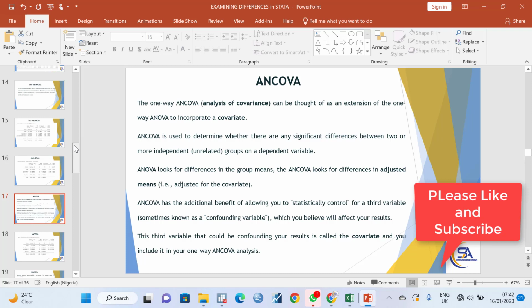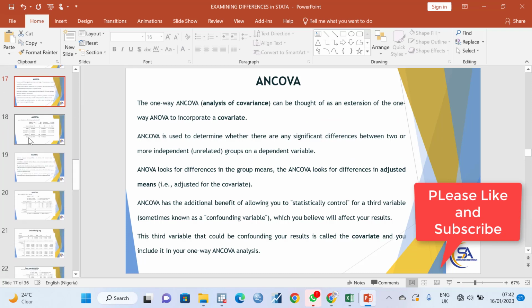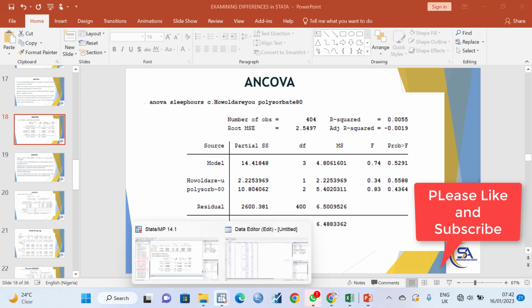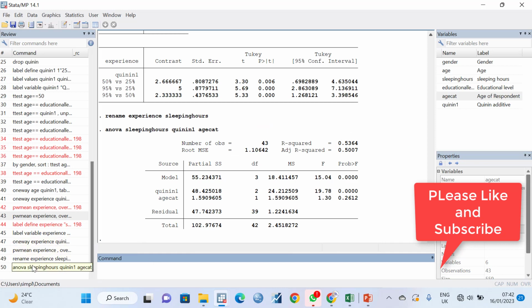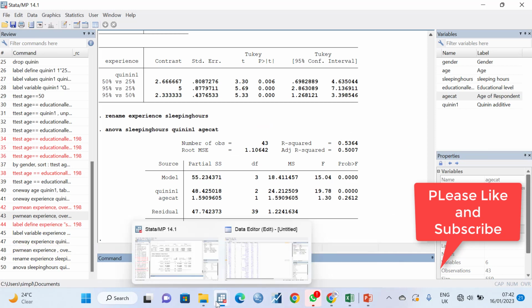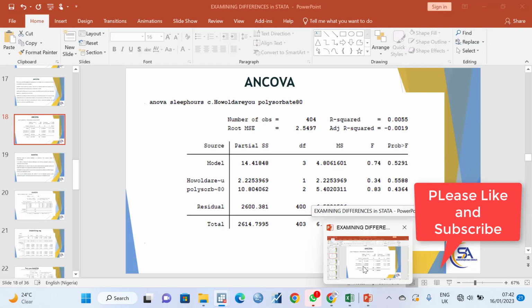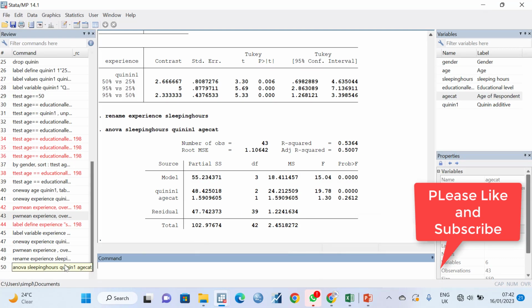Okay, now ANCOVA. Yeah, ANCOVA, remember now we have the ability to add one continuous variable to the dependent variable. So now I will do the same analysis, but I will now use the continuous variable. It's ANOVA. It's still the same command. The difference is now that you're putting a C dot. Pay attention to the C dot. That C is saying that that's a covariate. So I'll say ANOVA. Now I'll put C dot. Let me use age. Now I'm still using age, but now the age is the continuous variable of age I'm